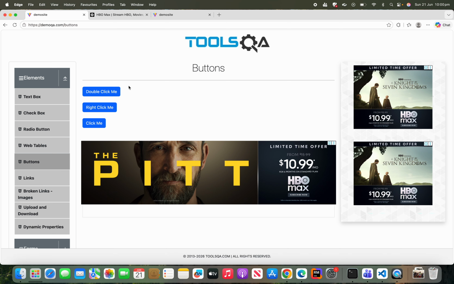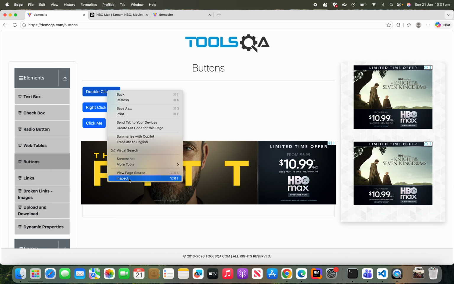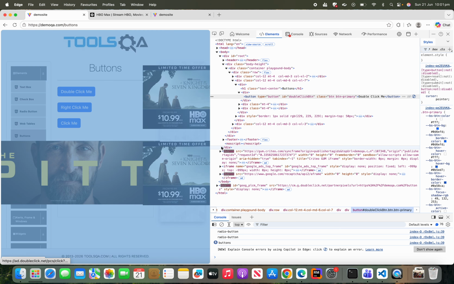So, for today's demo, we will see how to identify the elements for the button type of elements. I have taken the example demo QA buttons page. As you see on this page, we have three buttons: double click me, right click, and click. As we all know, our first step is to identify the element so we can be calling those locators in our page file. So let's try to identify the elements for double click me, right click, inspect, and